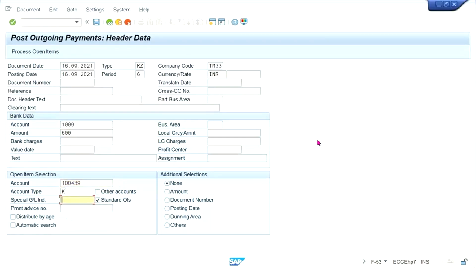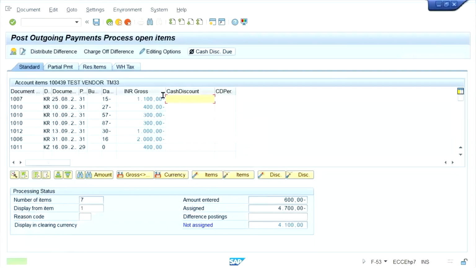Give the vendor number and don't forget to give the special GL indicator. If you give the special GL indicator, then all the invoices will appear at the same time. Whatever down payment is there will also appear. Now look here. What you have to do, guys? You click here, select all,